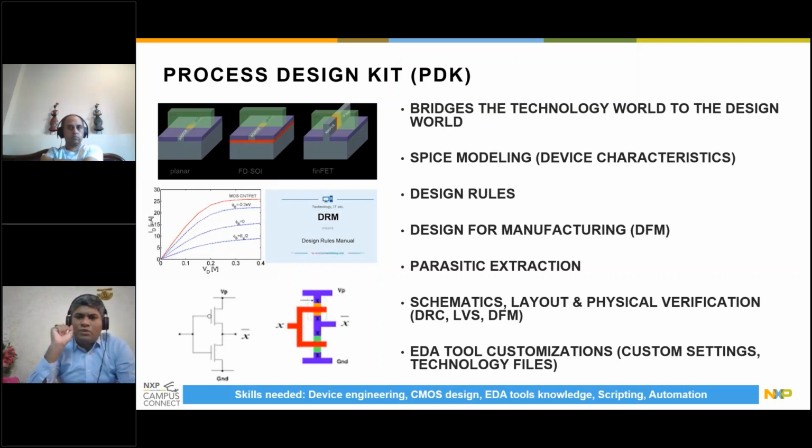SPICE modeling. Let's pick up one by one. SPICE modeling. So every technology has a recipe, what we call the initial profile of the technology, as in how the technology behaves in certain operating conditions. This behavior of the technology, or this recipe of the technology, is codified into what we call SPICE modeling, which captures the device characteristics, because this is a foundation. It's like the DNA of the cell. If you know the DNA of the cell, you can make the cell and then replicate the cell. This is the core DNA. This is on the device characteristics from the physics side.